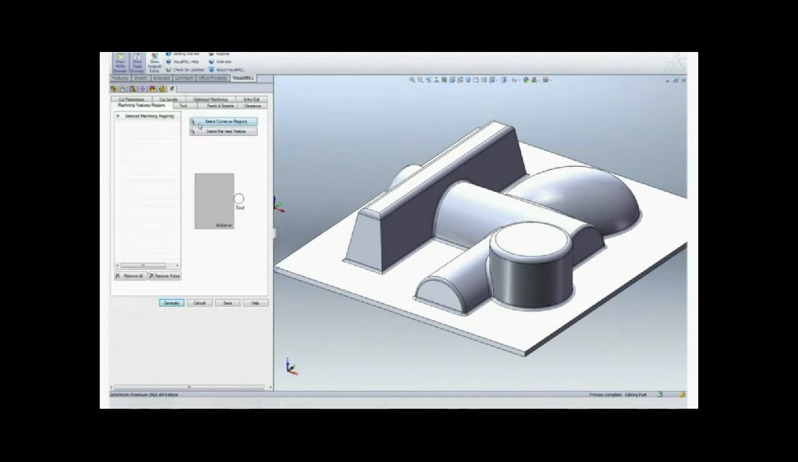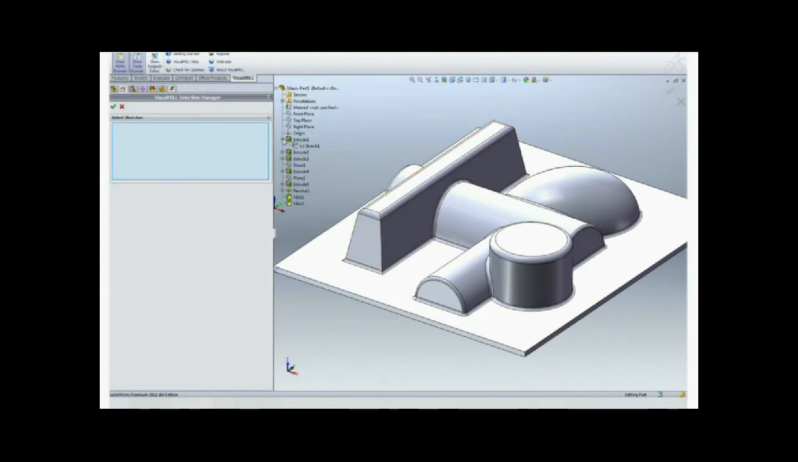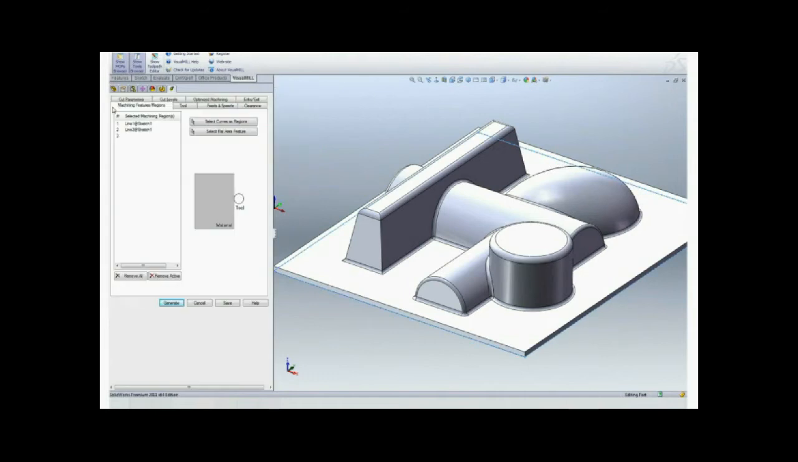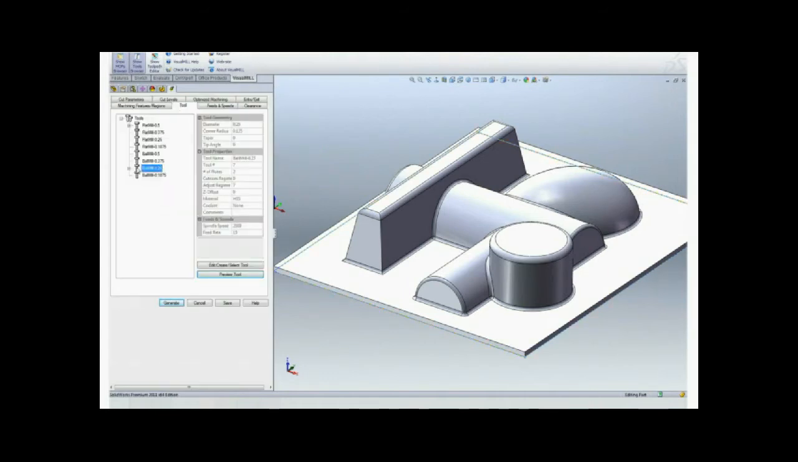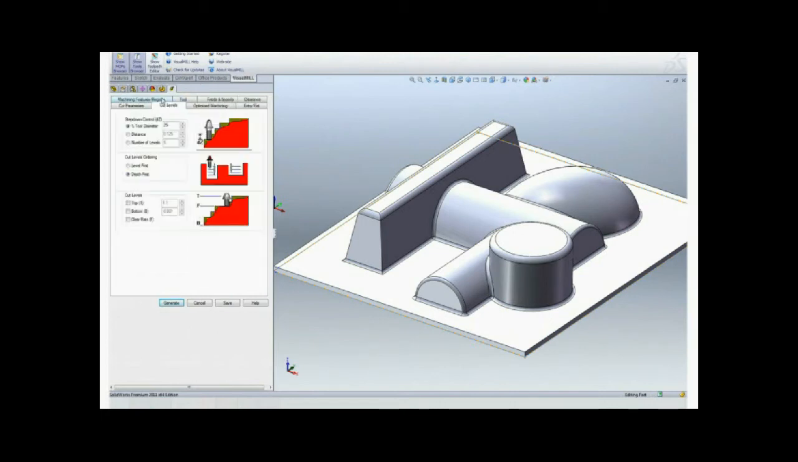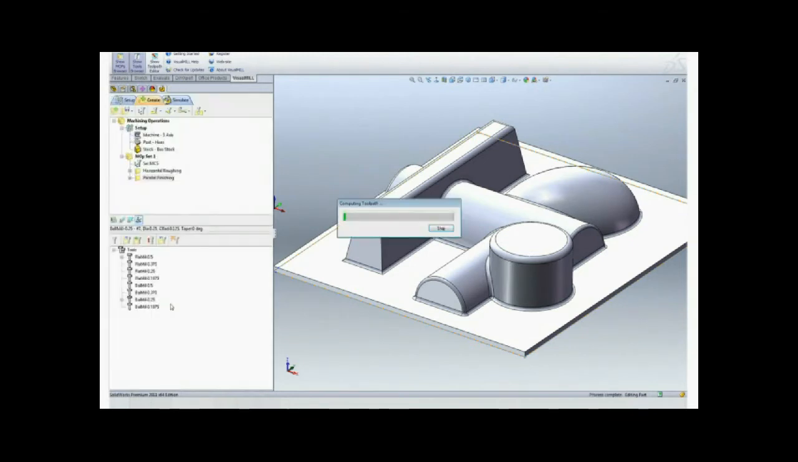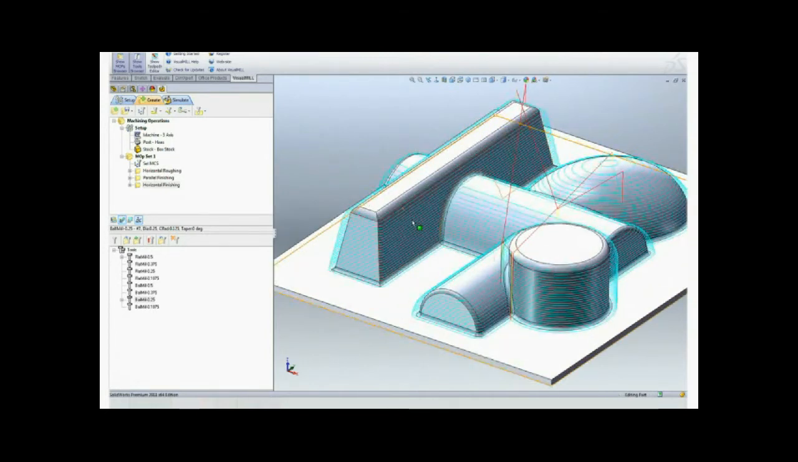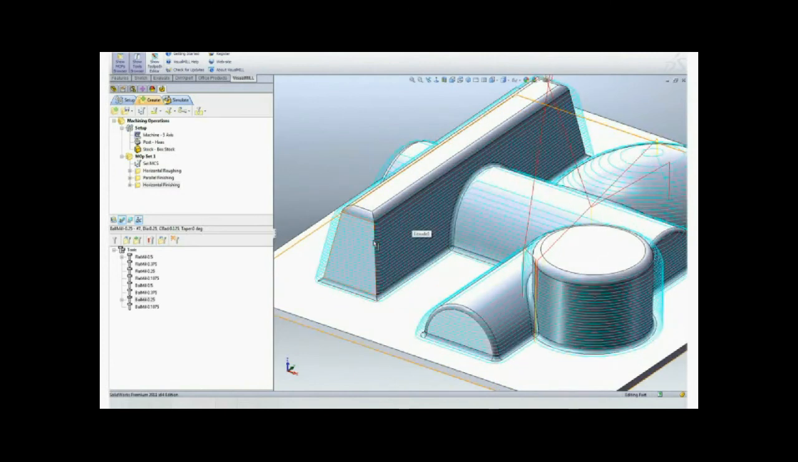You could also specify machining regions that work as containment boundaries to limit the toolpath to certain areas of the model. We will still use the ball mill for this toolpath operation, specify the parameters, the step down and step over parameters, and generate the toolpath. The Z-level toolpath is now displayed on the model,